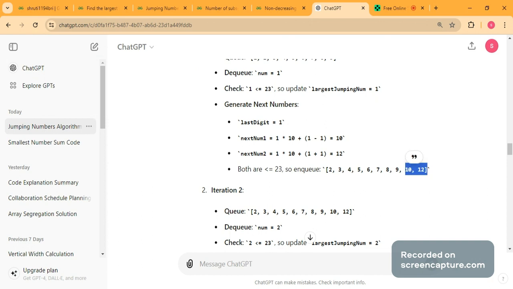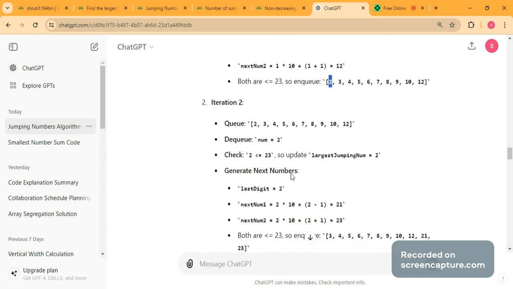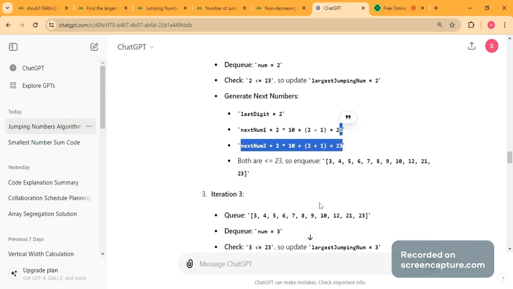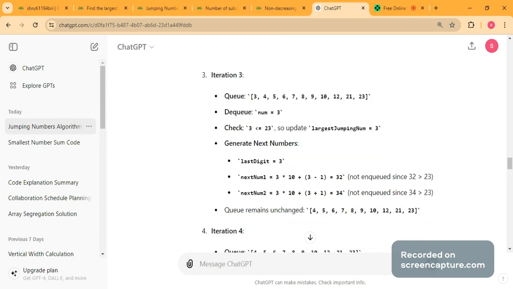Now what is the first element in the queue? It is 2, so we will work on 2. We will check if 2 is less than 23, update our largest jumping number, calculate next number 1 and next number 2, and add them again into the queue because they are less than 23.